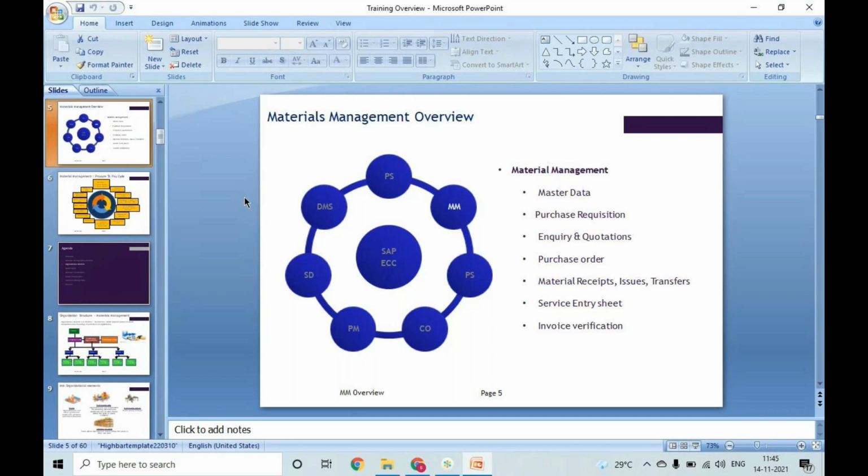Once it is approved, then it will go to the buyers. Buyers, in the sense of the purchase department, who sit in their head office or corporate office and deal with procurement of materials and services. Clear? Then the buyer will go to the market and request the vendors who can provide that particular material and services to provide the quotation. Once the quotation is provided by the vendor, they feed it into the system.